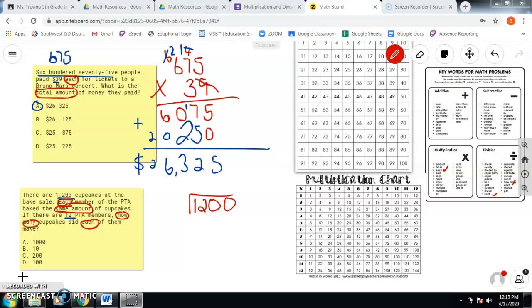So this is part 2. Let's finish number 2 that we were working on. So we decided it was division, and 1200 divided by 12. Okay. So for this one, you can use your multiplication chart in order to find